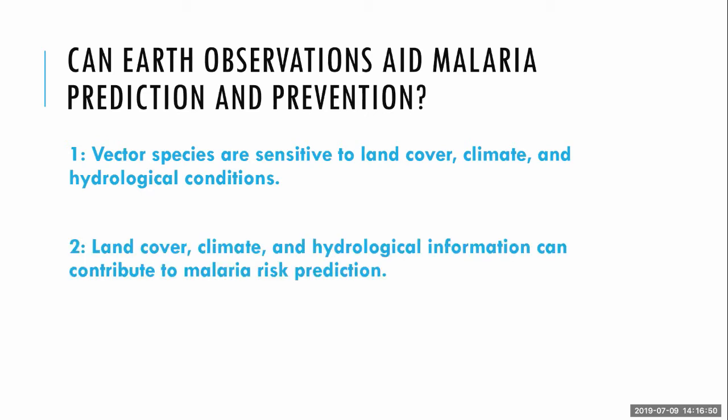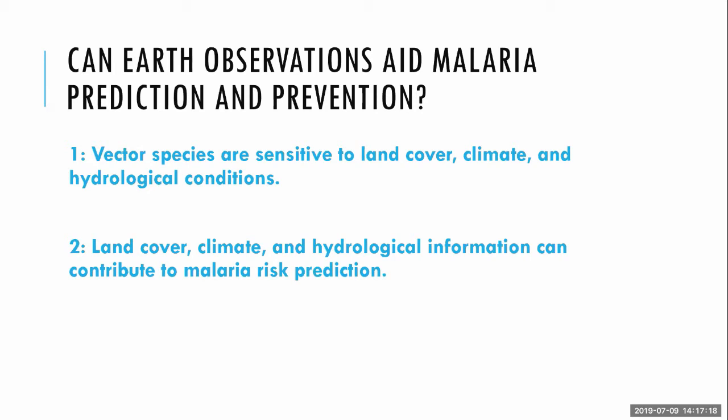The second claim, which is related to but different from the first claim, is that those variables that we observe, land cover, climate, and hydrology, can contribute to risk prediction. Just because a vector is sensitive doesn't mean that you can actually contribute to malaria risk prediction, right? Related but somewhat distinct issues: maybe the vector is sensitive, but in ways that are not predictable, or in ways that do not end up influencing the transmission of malaria because of the ways in which humans are interacting